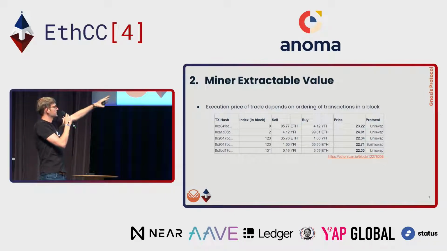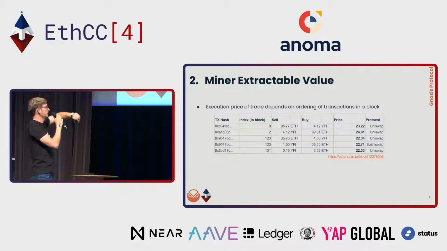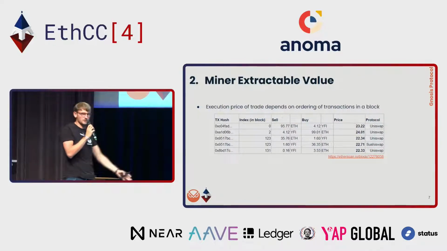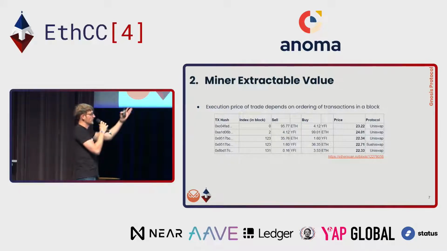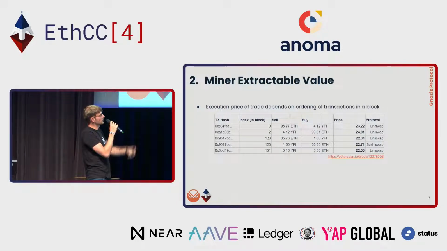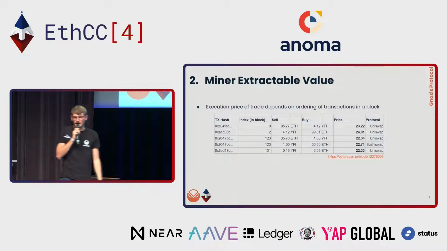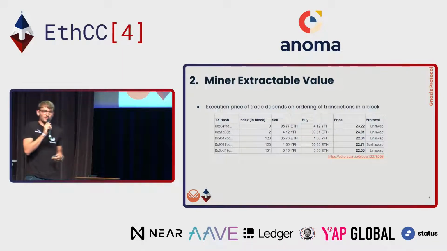mined. So we took just a random block from Ethereum mainnet, and we dissected it, and we found that there are 5 trades on the same token pair, Ether YFI. Most of them were even on the same protocol, but all of them have a different price. Some of them have a slightly different price, but there's even a significant price difference in some of these trades. And now, of course, as a user, you look at this and you say,